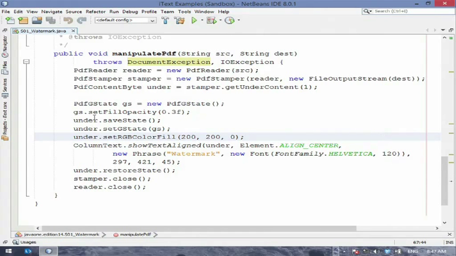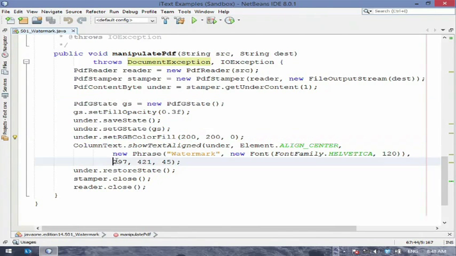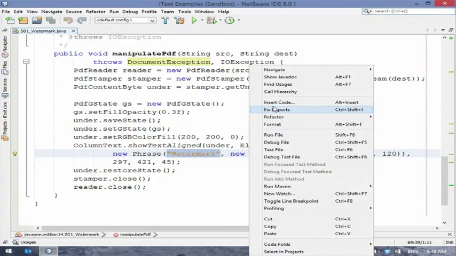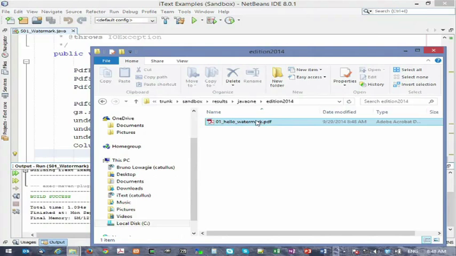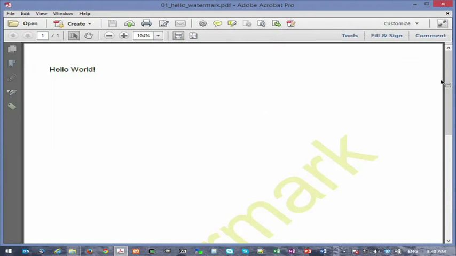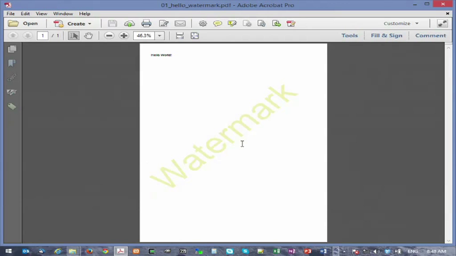Okay. So I have almost exactly the same code here in my IDE. There's just an added part here to add some transparency so that it looks like a nice watermark. You can see the coordinates for the watermark here, and the angle. This is the text that we will be putting on the document. So if I run this and then switch to the output folder, you can now see we have used the same hello world example from before, and now we have a watermark on this document.